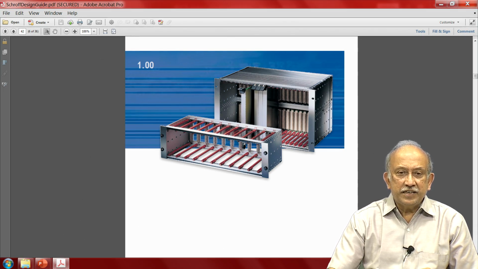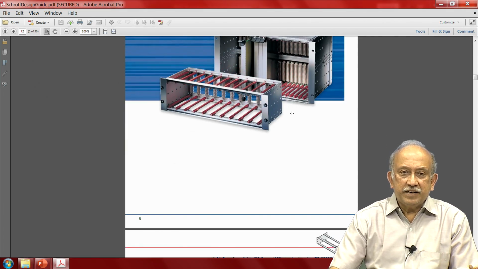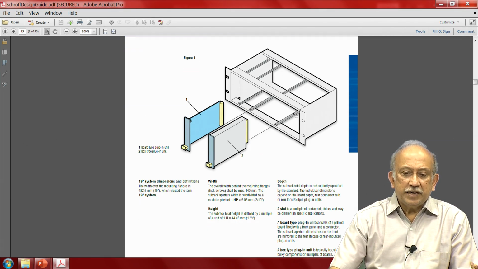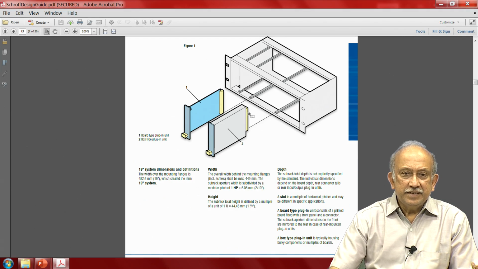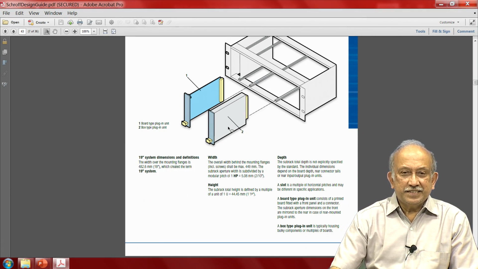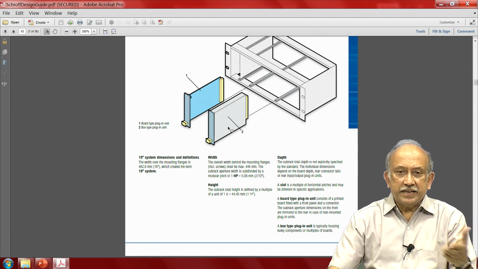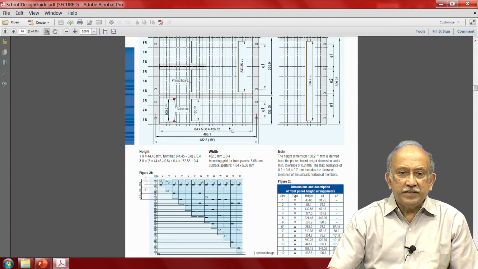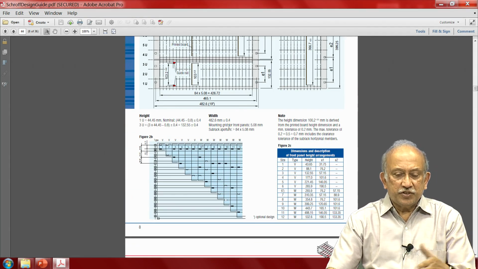This one is called a single euro, and the other one is called a double euro or number 2 euro, where one card occupies 2 slots and even standard backplanes are available. So, somebody has to just buy the backplane and design these components, and very complicated systems including half a rack can all be accommodated in one sub rack. This I have showed you earlier.